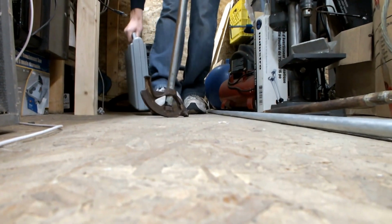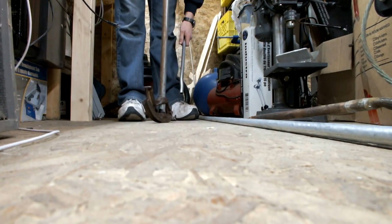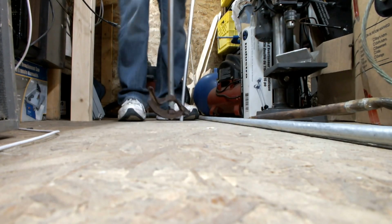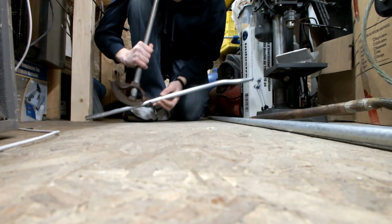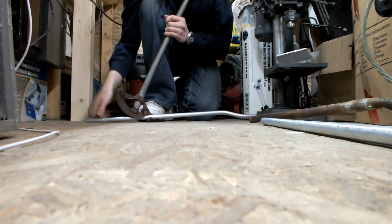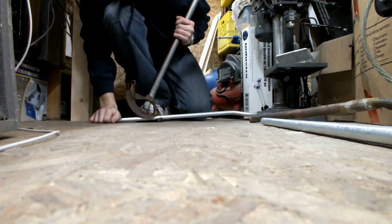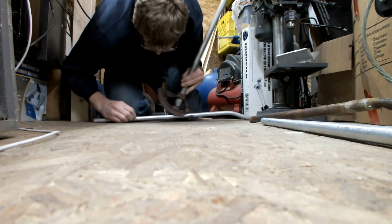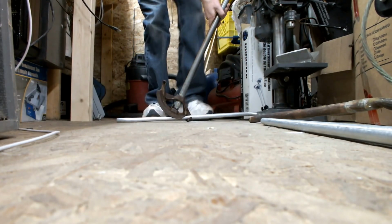So same general premise. You don't use the handle actually as a lever, because then same thing as pushing weight far out on the conduit, it'll just bend it not where you want it to. It's all foot pressure, and you use the handle as a guide. So we're going to line this up, again making sure that everything is in the same plane and flat. So that's good. We're going to line up our arrows with our mark,